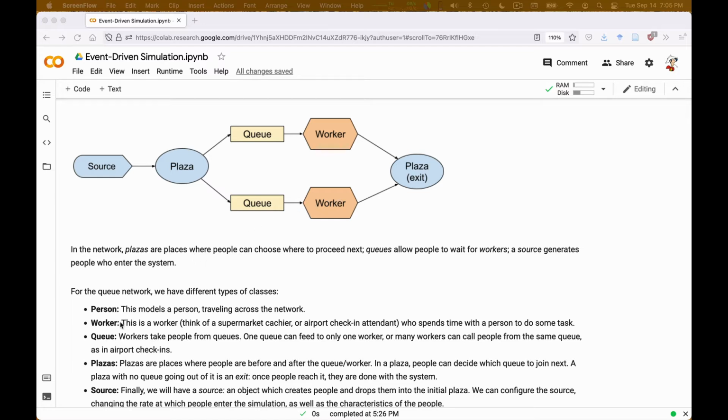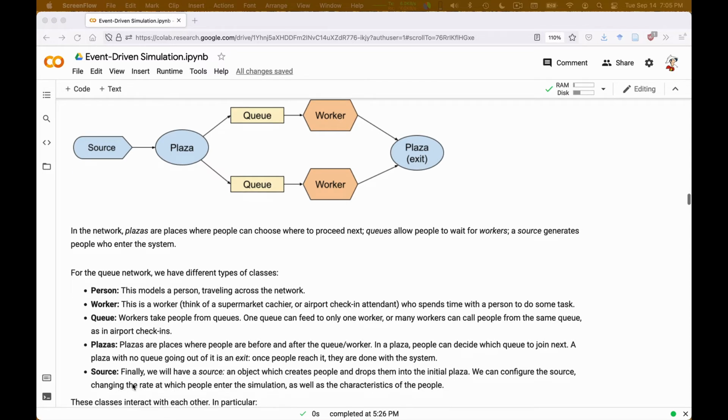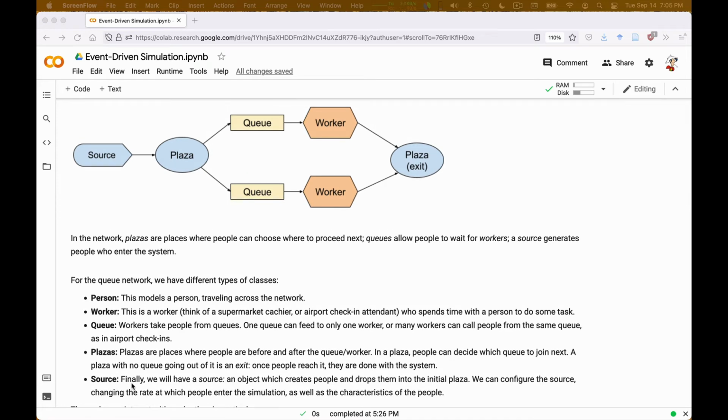We have a worker class which represents the workers. We have queues. We have plazas. And we have sources, okay? And in order to understand the interaction, let's switch to a drawing. So source, plaza, queue, worker have events, and they interact with each other. And I want to explain with a drawing what their interaction is.